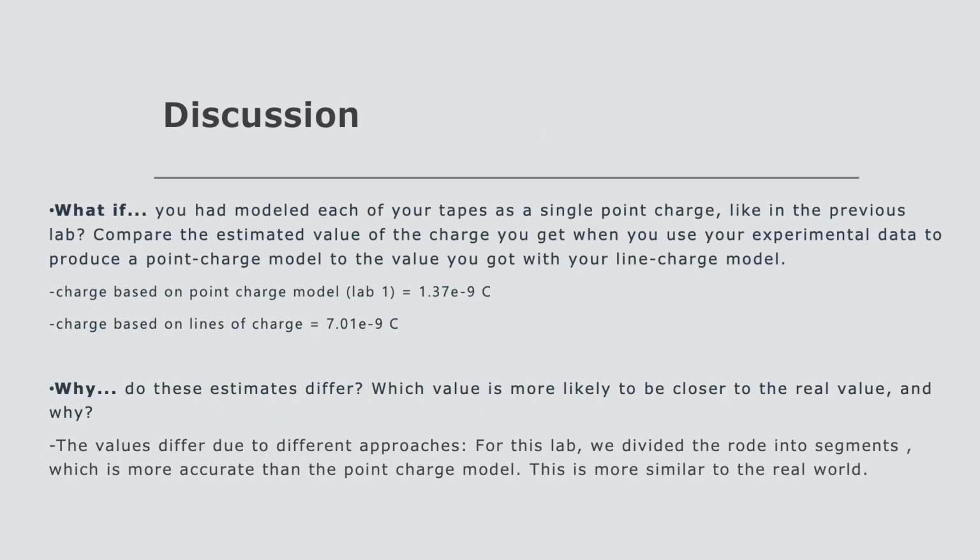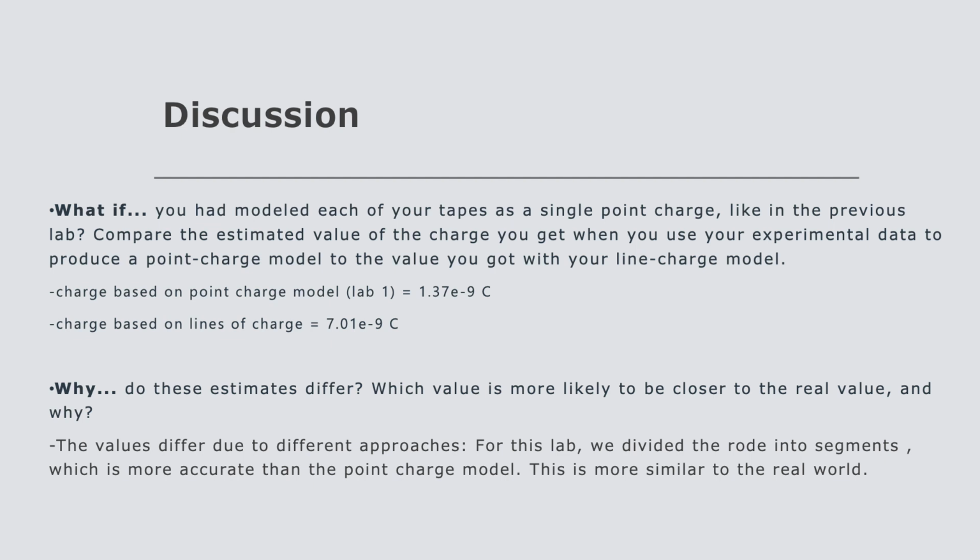So to answer a couple of the questions, if we had modeled each of our tapes as a single point charge, like in the previous lab, then the charge based on the point charge model would have been 1.37 times 10 to the negative 9th coulombs, as compared to the charge we calculated using the lines of charge model at 7.01 times 10 to the negative 9th coulombs. So we have a significantly larger value of charge